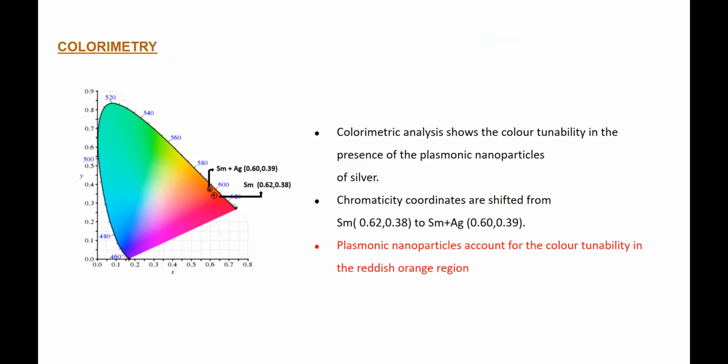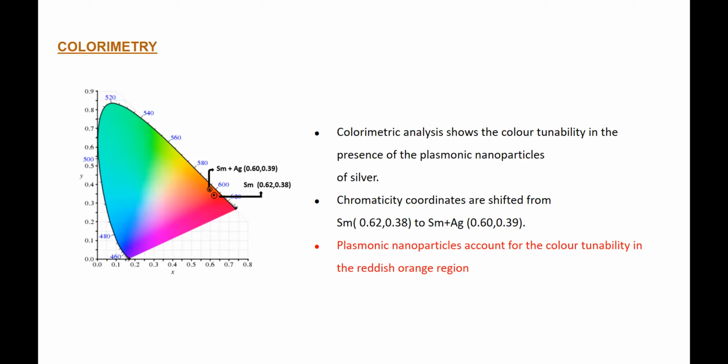The colorimetric analysis shows the color tunability in the presence of the plasmonic nanoparticles of silver. As you can see, the chromaticity coordinates are shifted from 0.6, 0.38 for samarium to samarium plus silver, which is 0.6. With plasmonic nanoparticles, the CIE coordinates can be tuned. The color tunability can be done using the plasmonic nanoparticles due to the energy transfer between the silver ions